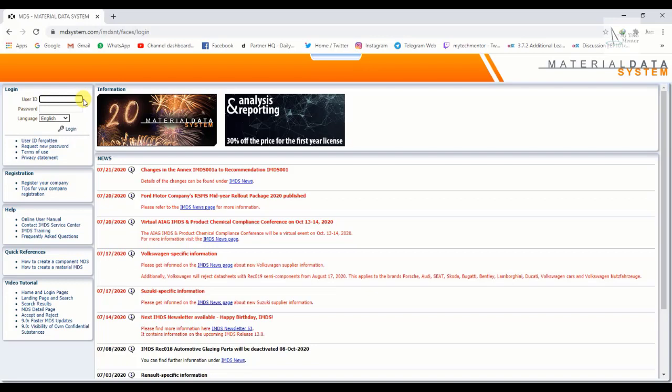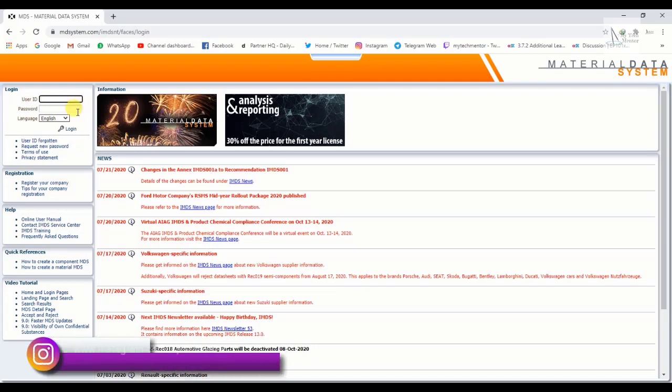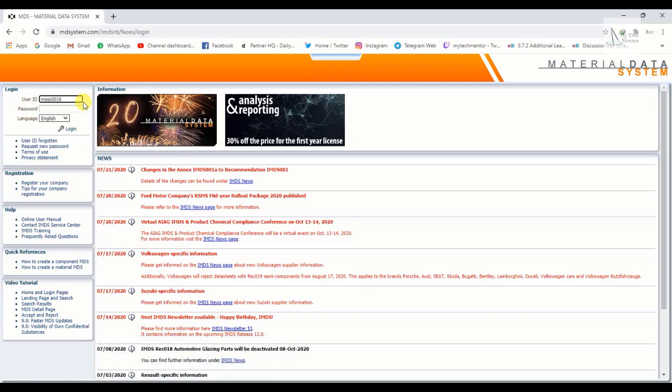Fill in the user ID, now the password. Click on login.